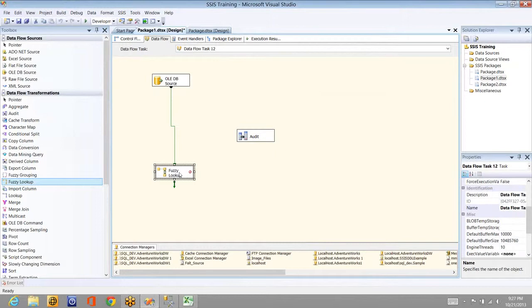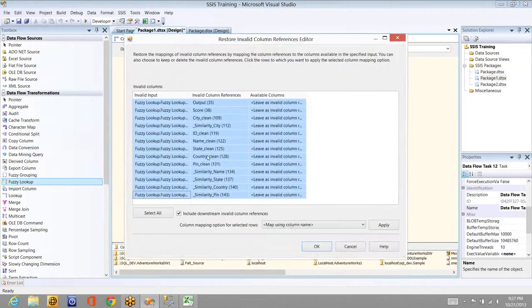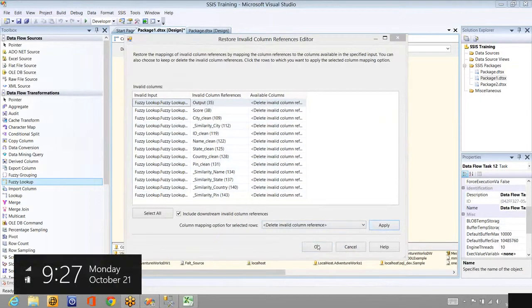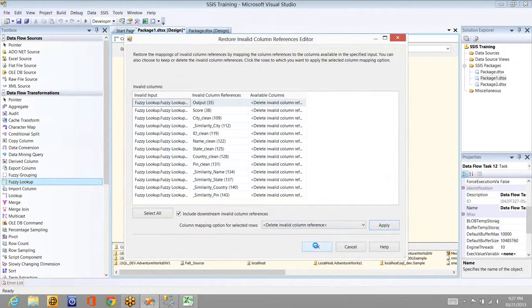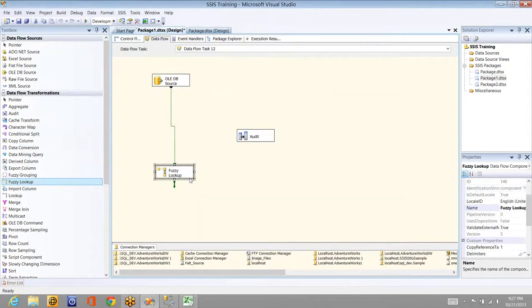Okay. Now let me set the properties. I have to delete all the references; I missed one. Now let me set the properties.